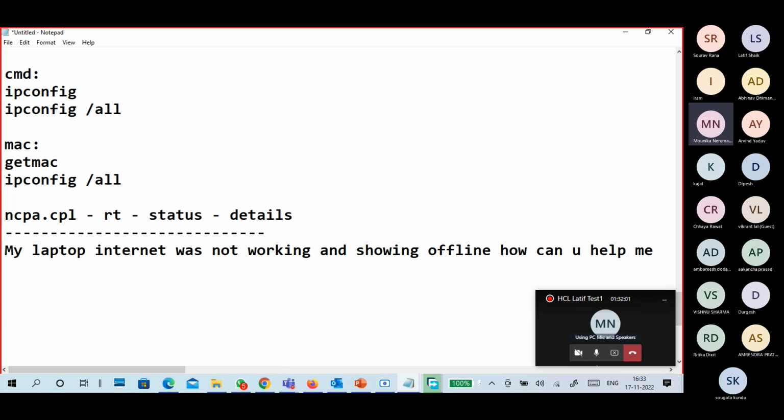So my laptop was not working, showing offline. How do you help me? First of all, check the connectivity. Is connectivity there or not? Is it showing a cross mark or a globe symbol? Okay.